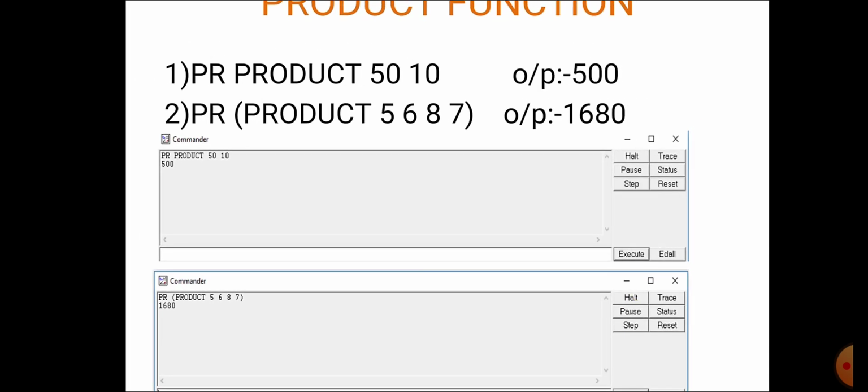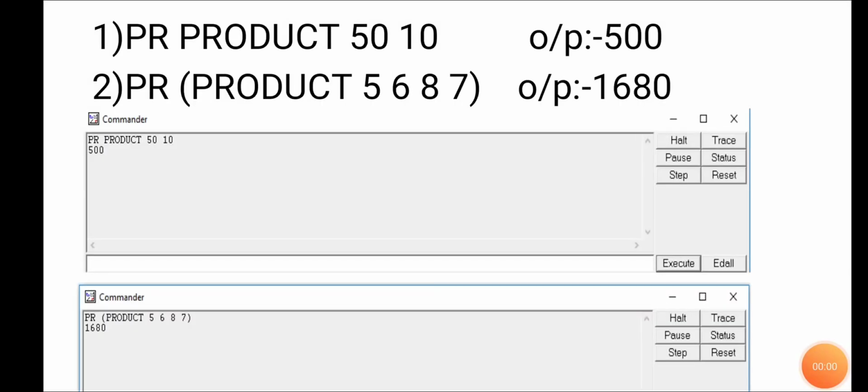First, 5 is multiplied with 6. We get 30. Then 30 is multiplied with 8. We get 240. Then 240 is multiplied with 7. We get 1680. That will be printed in the recall list box.